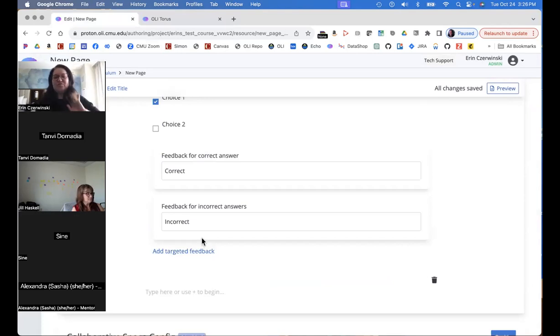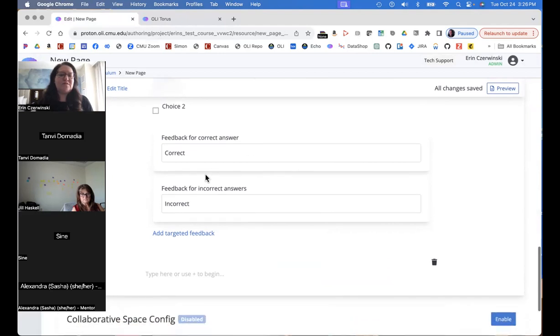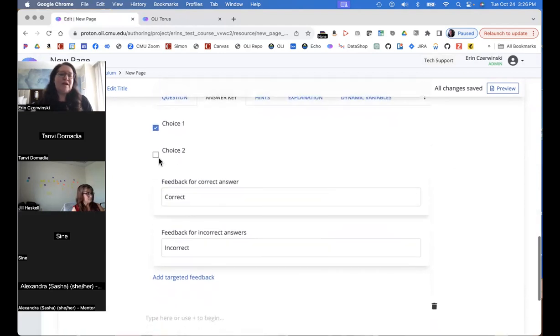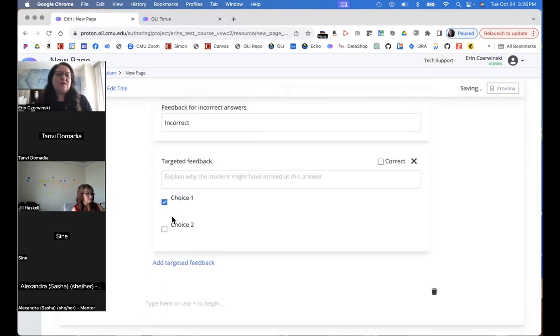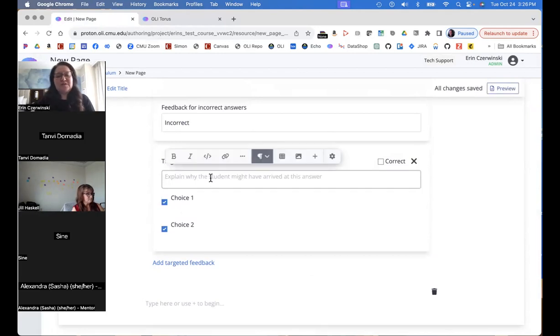But you want to reserve those for use them very minimally. They sometimes really confuse students. So in this case, you can actually select feedback targeted for multiple selected answers. And so you can imagine if you start getting into it, and this is what I tell folks, if you use check all that apply, you should probably write feedback for every combination.